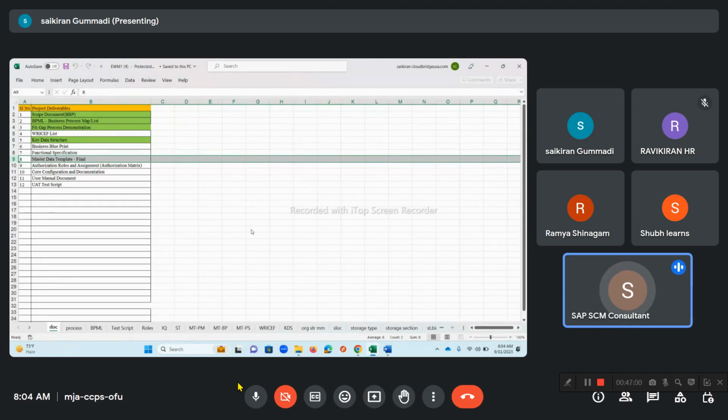So KDS, yes, we can do KDS also. I suggest maybe tomorrow we have one session only about the KDS. Then we will start the further configuration, so that everyone can be on the same page. Otherwise, we execute some sample warehouse structure and the type storage section WBT. But if we have everybody on a single page in the KDS,